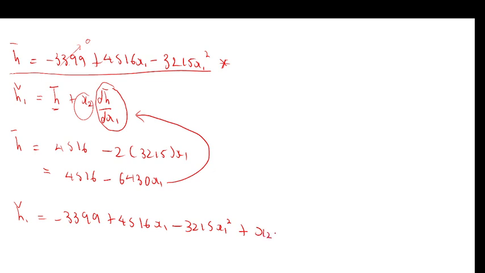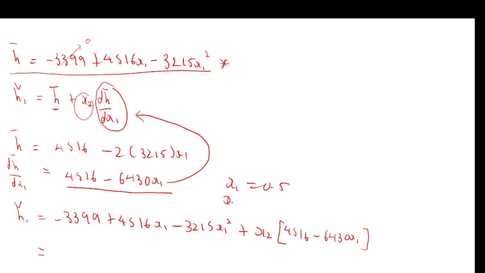So plus x2 multiplying, so this is the dh bar dx1, so we're going to multiply this expression. 4516 minus 6430 x1. Now we said it's going to be equimolar. So if that's the case, it means that x1 is equal to 0.5 and x2 is also 0.5. So I can put those values in this, and when I do that, what I should be getting would be